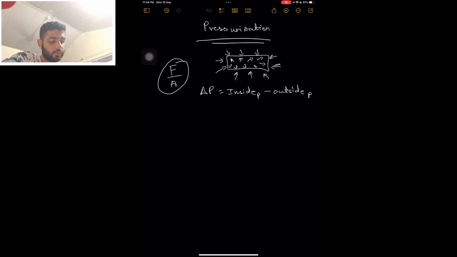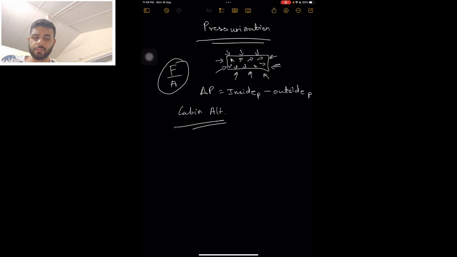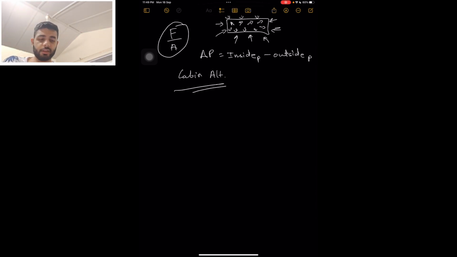Now another thing we need to know, what is cabin altitude. Simple terms to remember it, the altitude which is being experienced in the cabin, what altitude is there in the cabin. Cabin altitude. Now what is cabin vertical speed? The rate of change of this altitude, whether the cabin altitude is increasing, decreasing, what is happening, that is called cabin vertical speed. It's the rate of change of